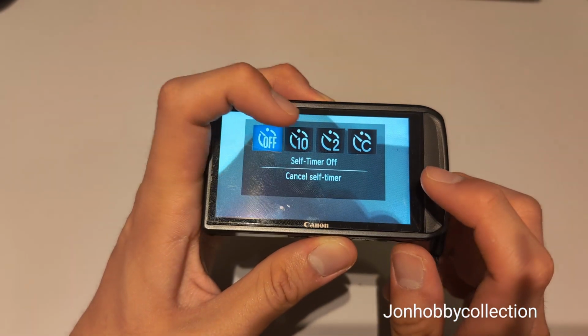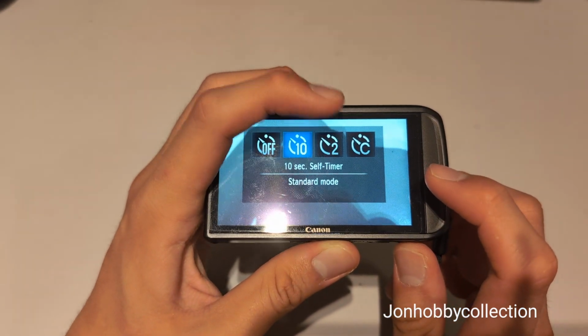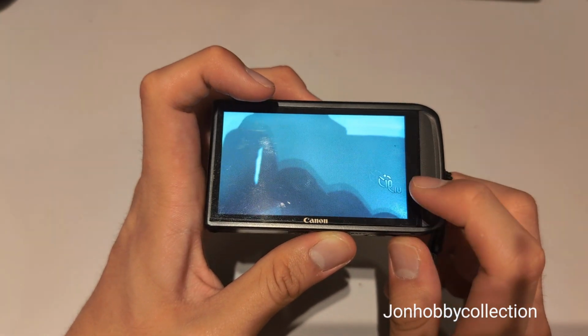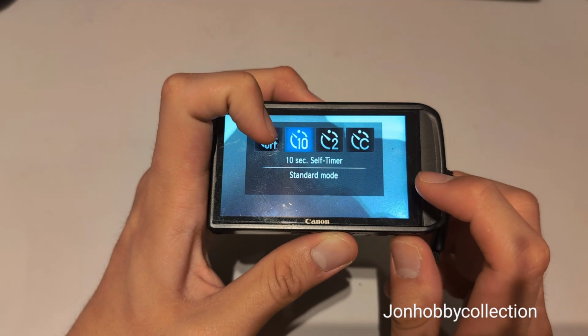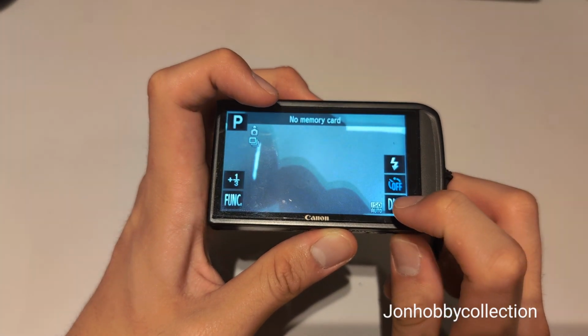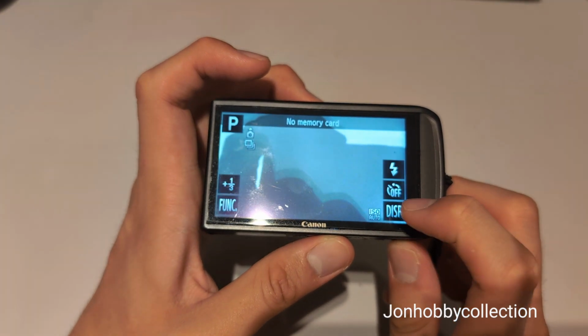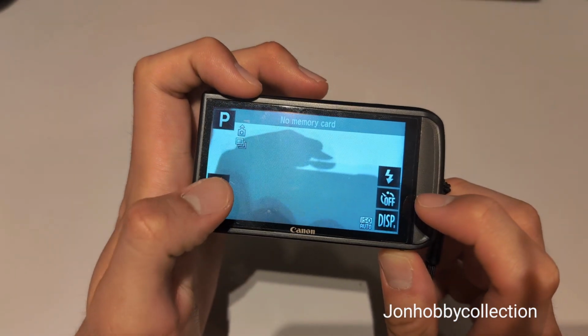Then over here they have many kinds of self timer. There's 10 seconds, 2 seconds, and then the custom. You can set how many shots, everything. Then over here is the display, whether you want a minimalistic display, everything. You just press this button here. Then over here is the